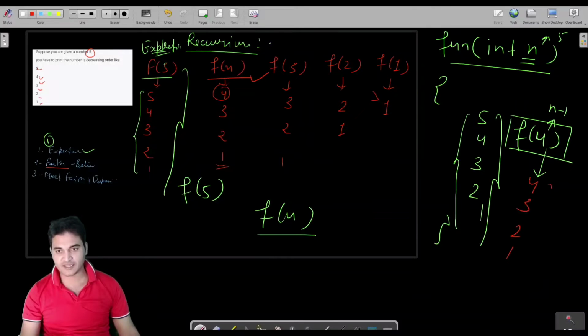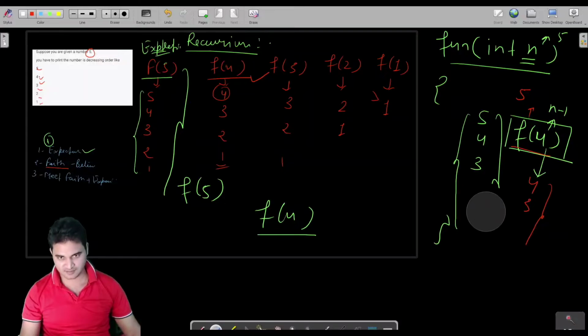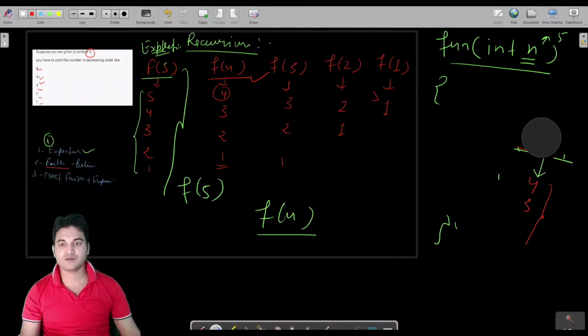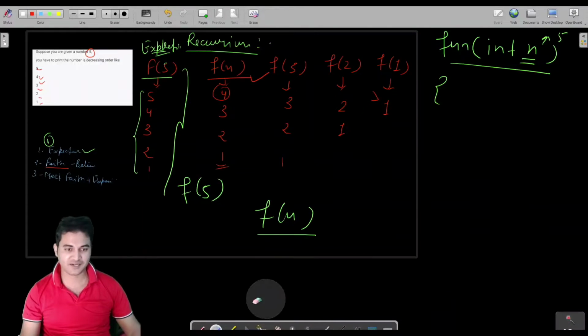Then indirectly you will be able to get 4, 3, 2, 1. Then why not print 5 itself, the number provided to you, and call this function? Let us see again. If it is not able to get inside you, do not worry. We are going to reuse this method many times. So indirectly you will be able to get it.